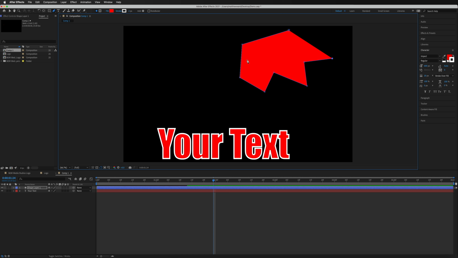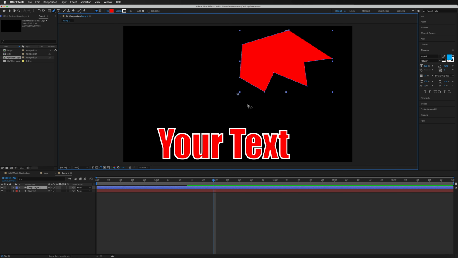And as you can see, it's started to fill in with a color as we start drawing around it. But right now, this is still an open path as we haven't joined the end point and the start point. So to do that, just simply select that start point, and that is going to join it all together as one shape. And now you can see, because we weren't on this highlighted layer originally, it now has its own individual layer for that shape. And it is a shape layer and not a mask.